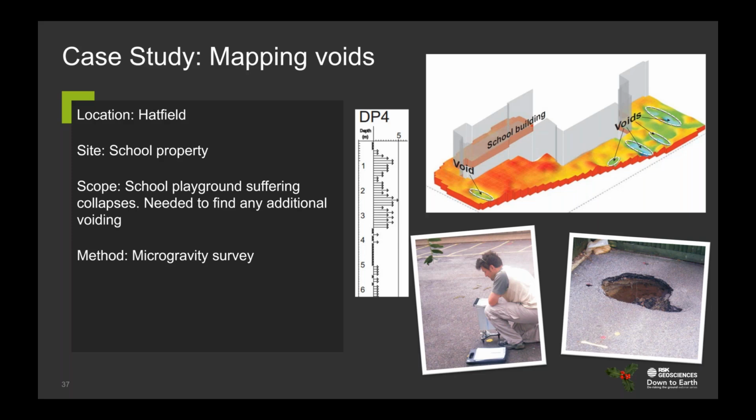But in this case, we were able to complete a gravity survey over the whole playground of the school. We were able to map out the area, and this showed that there were 4 areas highlighted blue in this top corner. So these show areas of possibly relatively low density. These were then targeted with some dynamic probing, and you can see from the plot in the center here that at about 3.5 meters depth, the rods fell through into the ground, proving that there was a void present